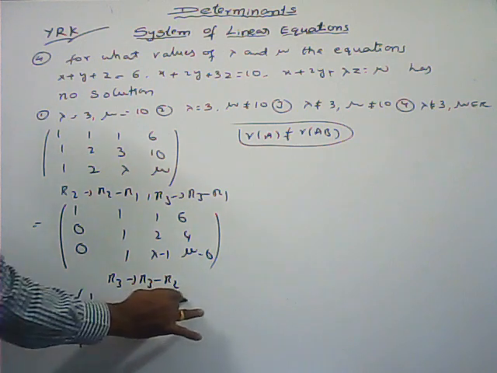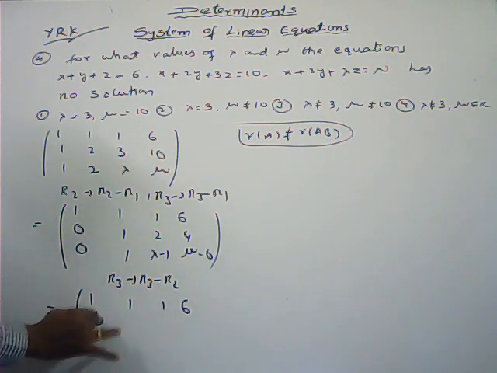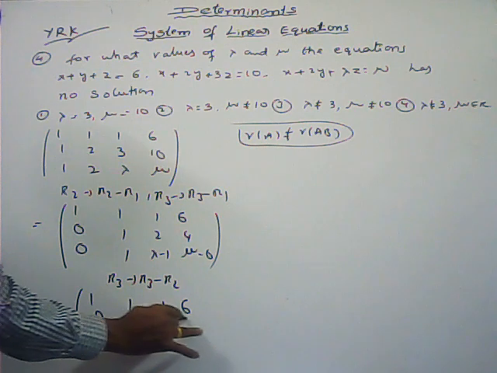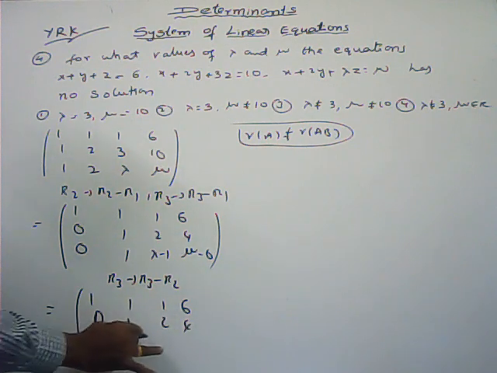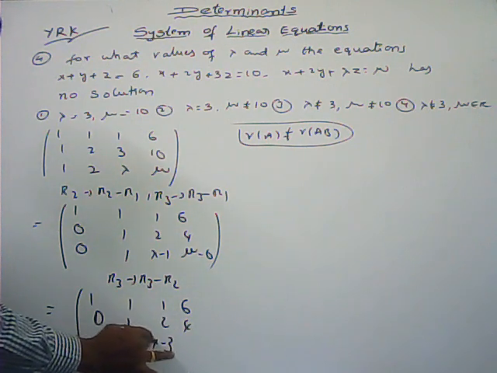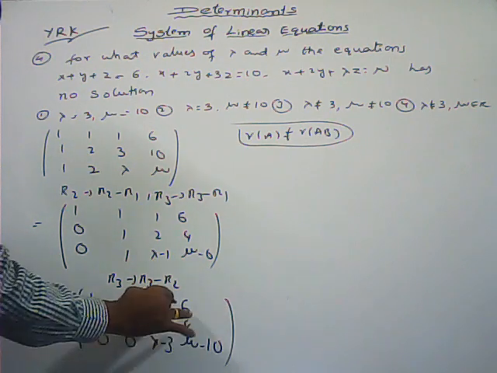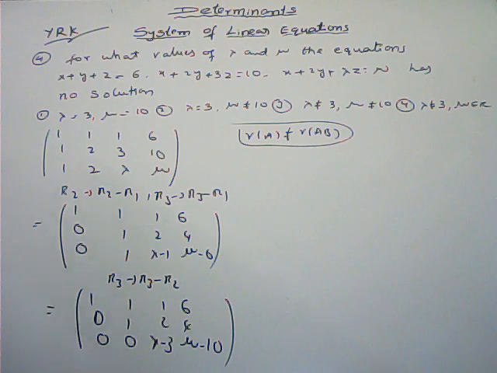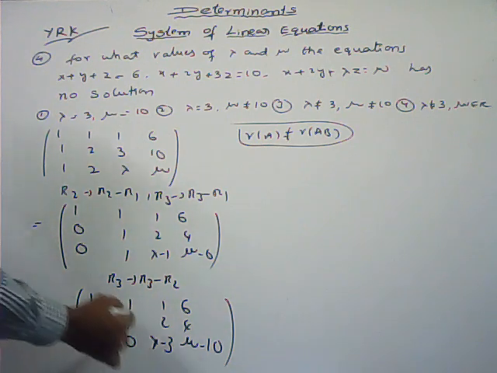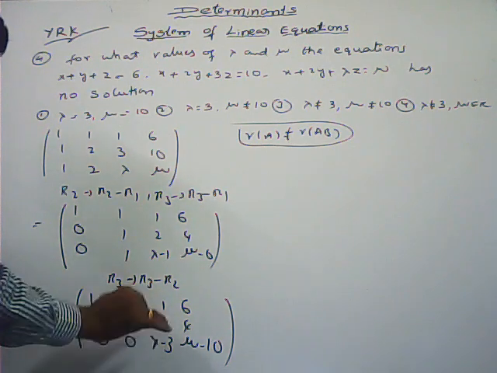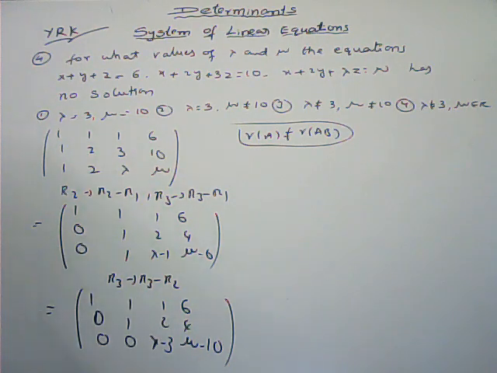1 1 1 6, 0 1 2 4, 0 0 lambda minus 3, mu minus 10. Now here rank of A is not equal to rank of augmented matrix. So for lambda is equal to 3,